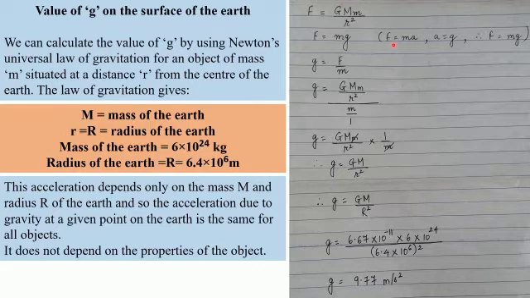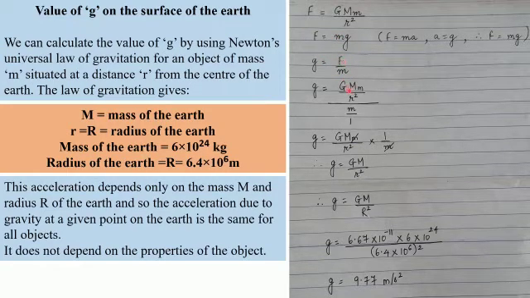Now in Newton's second law of motion we have studied F is equal to ma, where F is the force, m is mass, a is acceleration. But here the acceleration that we are talking about is the acceleration due to gravity. And so in this formula, instead of a, we will now write g, and we get the formula F is equal to mg. So we will use this F is equal to mg, and g we will keep on one side because we have to find out the acceleration due to gravity, that is equal to F upon m.